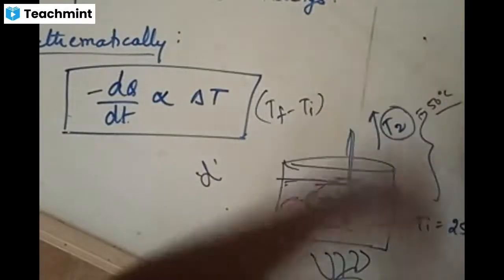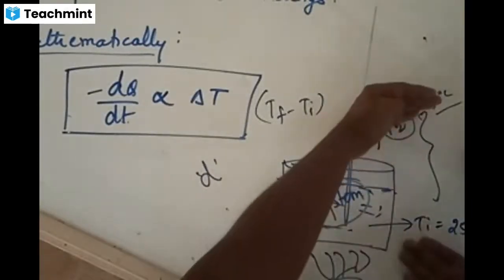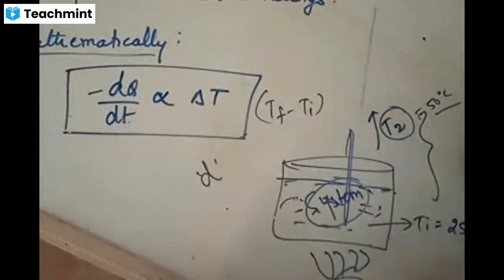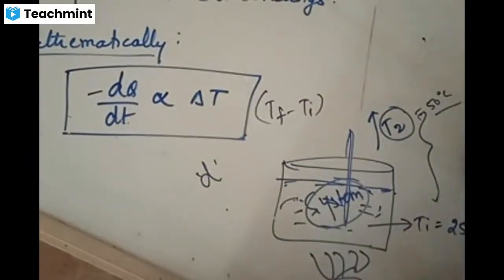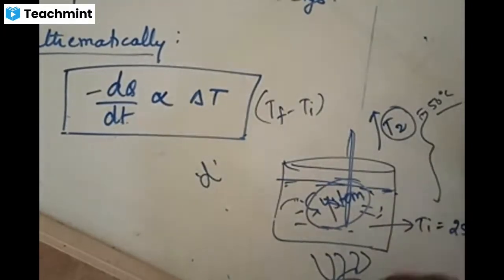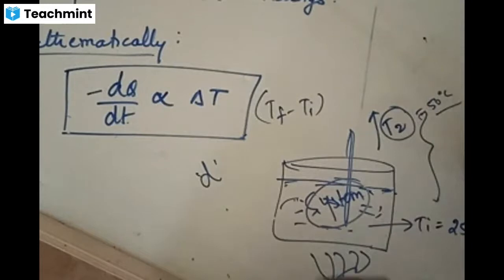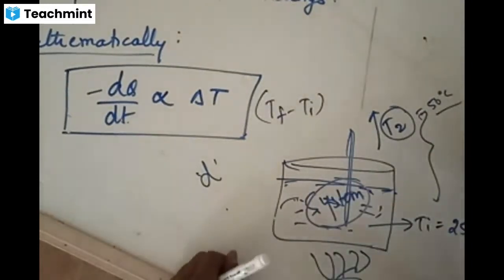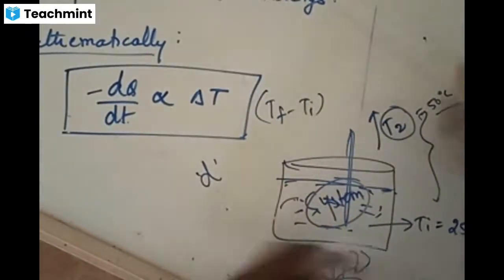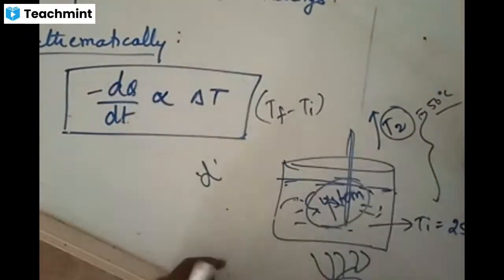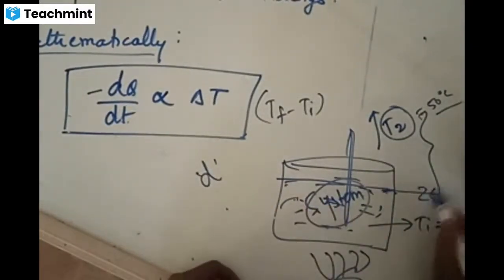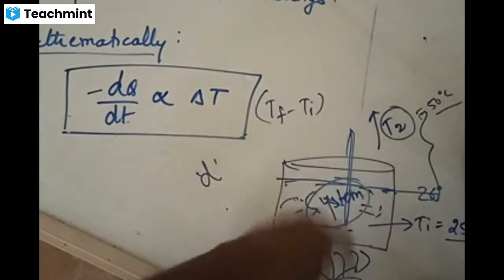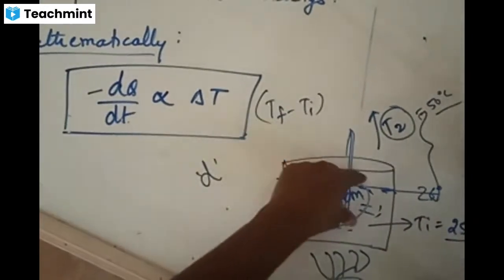From 50, it now starts cooling. If the temperature difference is very large, then loss of heat also takes place in a larger manner. How fast the system is cooling, how fast the water in this beaker is cooling down, depends on what? It depends upon the temperature difference. If the temperature difference is very large, loss of heat also takes place at a faster rate. Now if you are heating from 25 to 26, the temperature difference is only 1, so at what rate does it decrease now? It decreases slowly.